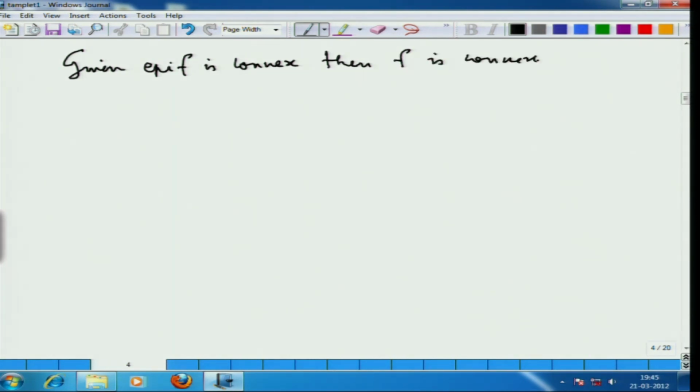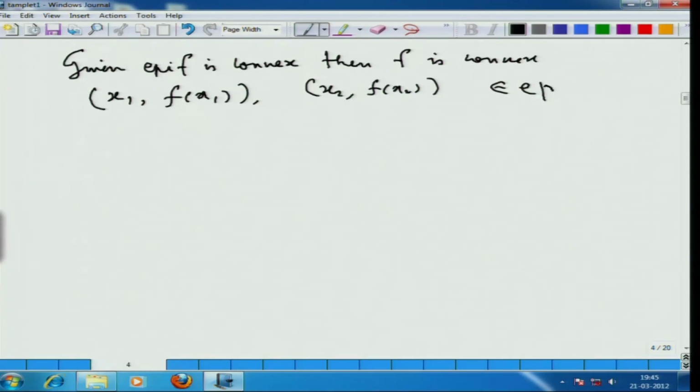Now, by the definition of epigraph, if you take two points x1 and x2, then (x1, f(x1)) and (x2, f(x2)), both these points belong to the epigraph of f. And you know that the epigraph of f is given to be convex. So, which means that for all lambda you take between 0 and 1,